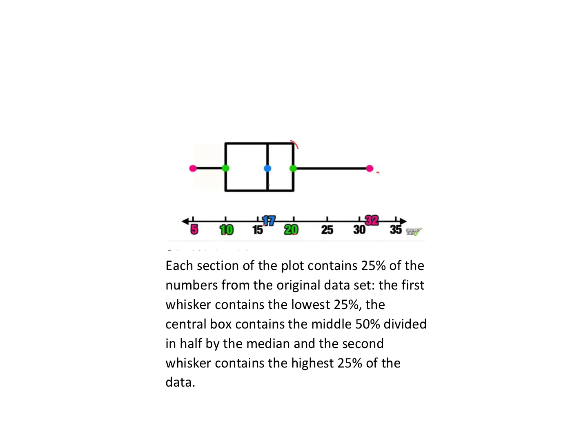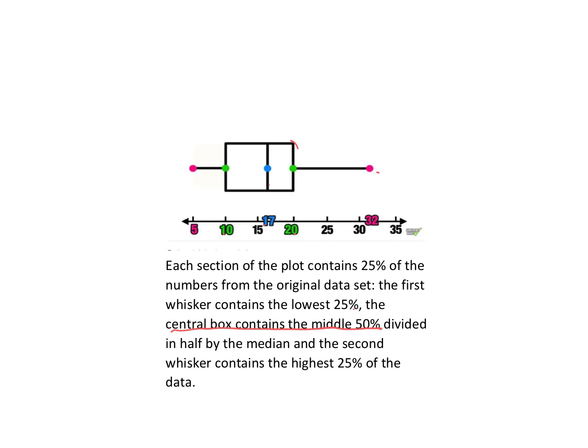The box contains 50% of the data. So the central box contains half the data, and it's a good visual representation to see where most of the data is. Most of the data is between 10 and 20. The bottom whisker contains 25% of the data, and the upper whisker contains the other 25% of the data. So the first whisker contains the lower 25%, the box contains the middle 50%, and the upper whisker contains 25%